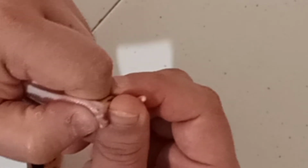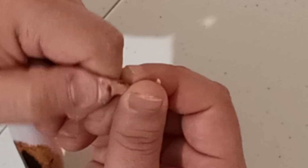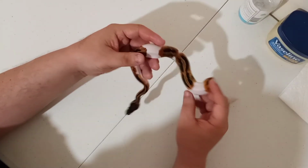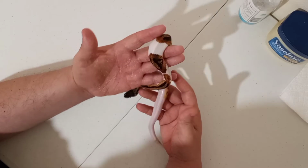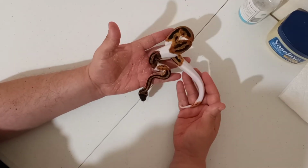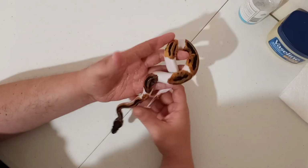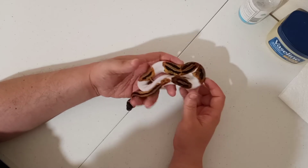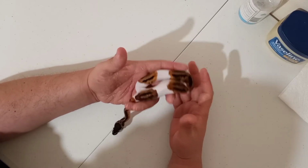See how they're popping out right there? That's telling me that he's a boy. So he proved out to be a boy, and the other one, my blackhead, proved out to be a girl. So now we are going to show you how to properly probe your ball pythons